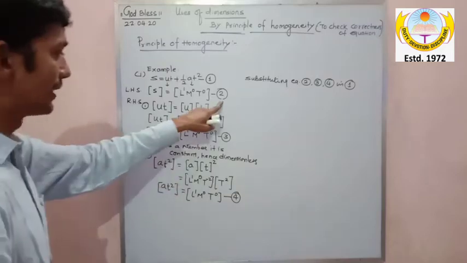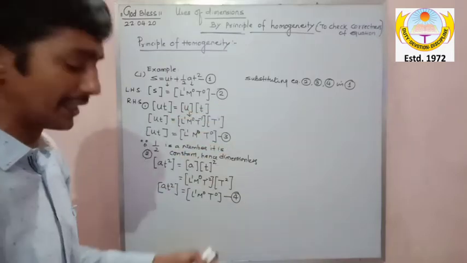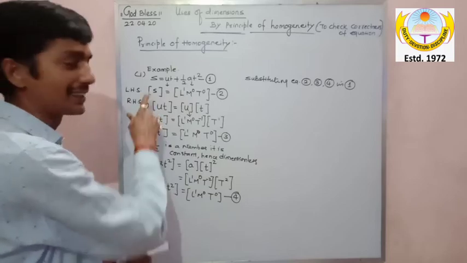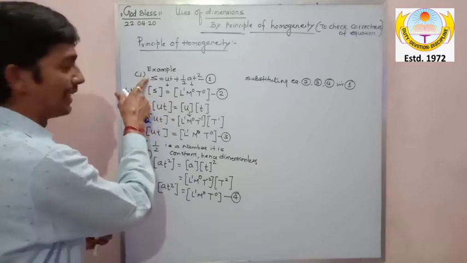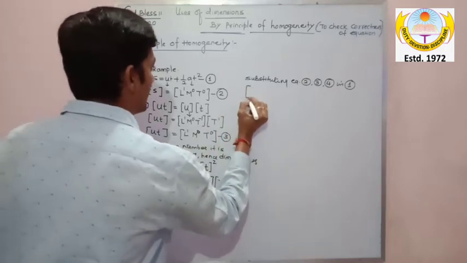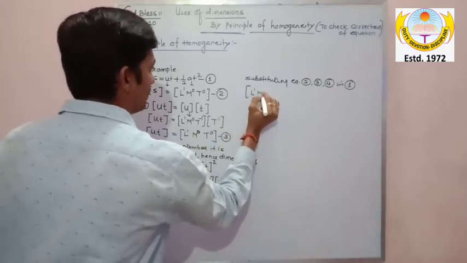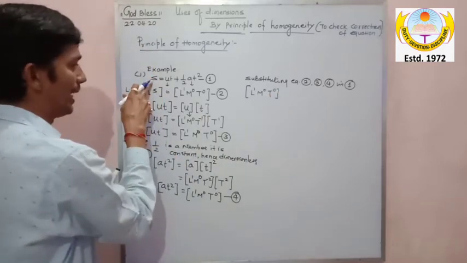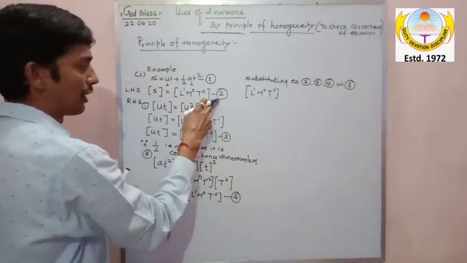So 2 is this, 3 is this, and 4 is this. So 2 is representing the dimension of S. Here it is written in equation 1, S. So what is the dimension of S? I will write here: this is L1 M0 T0, because in equation number 1, S is here and the dimension of S is this. I have substituted it there,